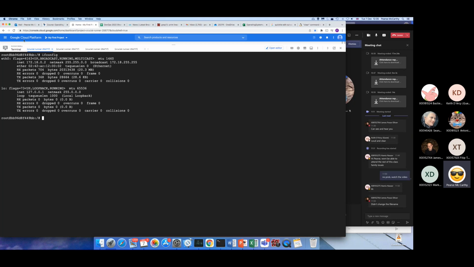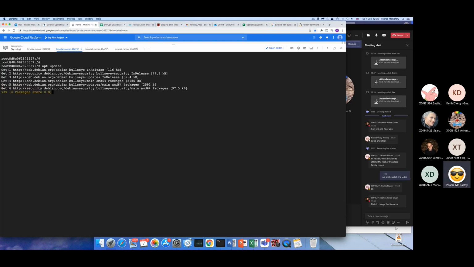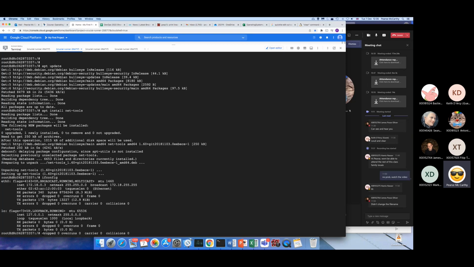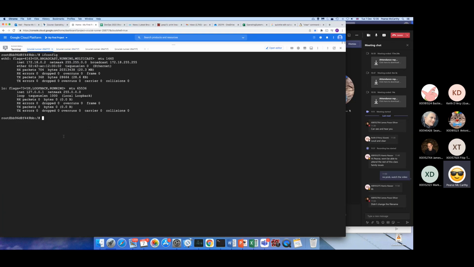Okay, so we now have the Ubuntu one is 172.18.0.2. I think this is the Debian one. And we need to also do that apt update here, and then apt install net-tools. Okay, and ifconfig. So this is 18.0.3, the other one's 18.0.2, so we need ping, but we don't have